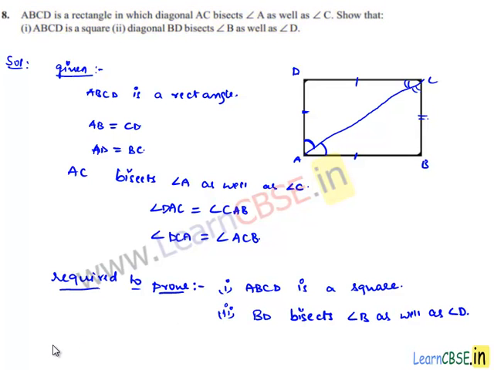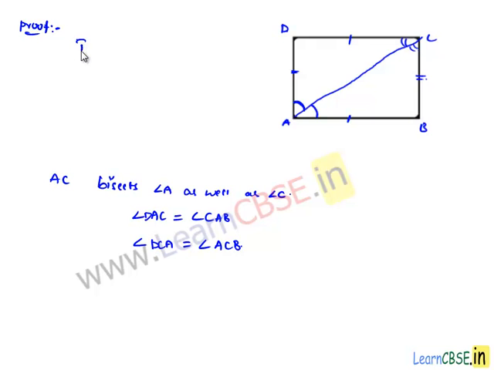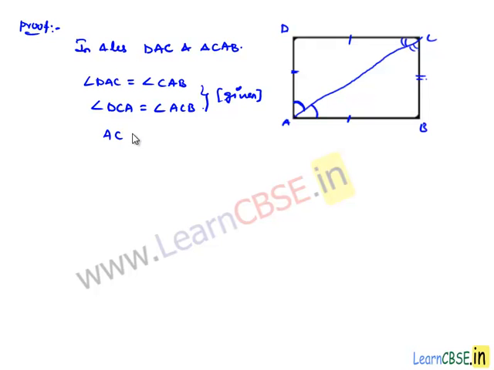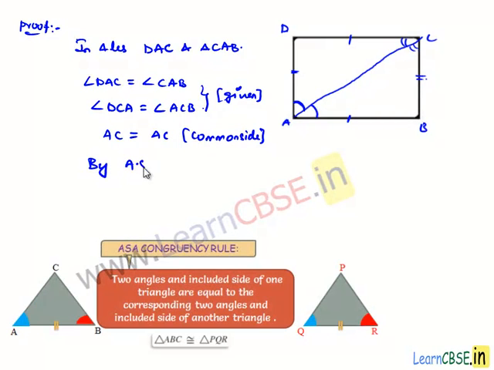Now in order to prove this, let us follow a procedure. Now in triangle DAC and triangle CAB, if we observe, angle DAC is equal to angle CAB and angle DCA is equal to angle ACB, since it is given that AC bisects angle A and angle C, and in these two triangles AC is equal to AC, which is the common side for both triangles. So here two corresponding angles and a side in both the triangles are equal. So we can say according to the ASA property,